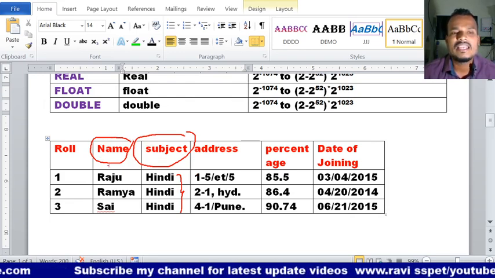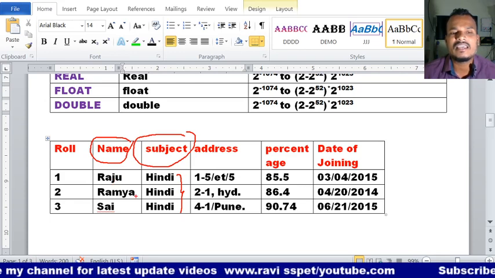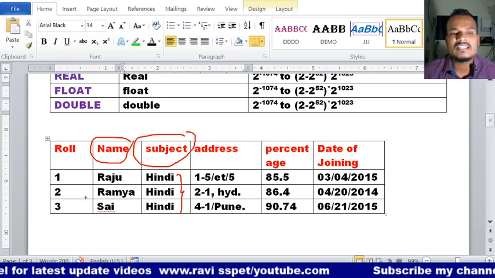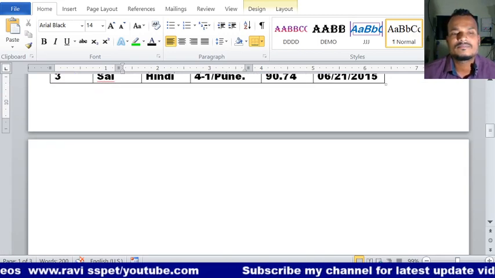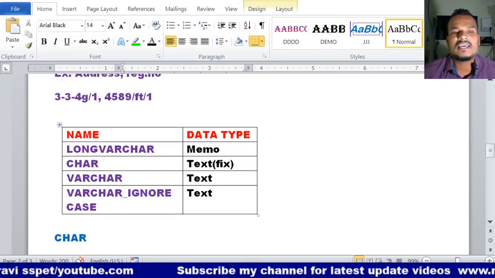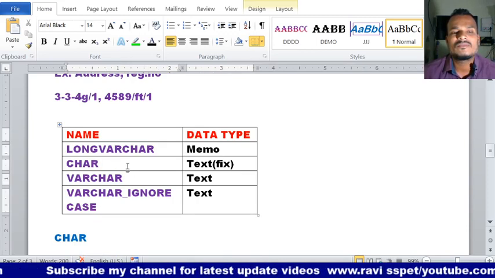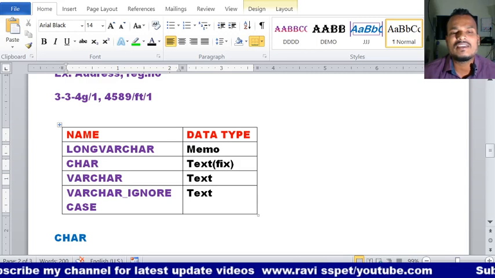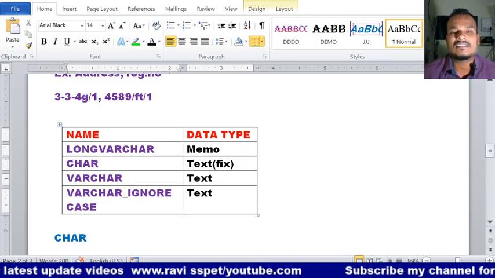But for names, for some student Raju, 4 characters are there. Ramya, 5 characters. Sai, 3 characters. That means when we have text of fixed length, at that time we have to go for the char data type.